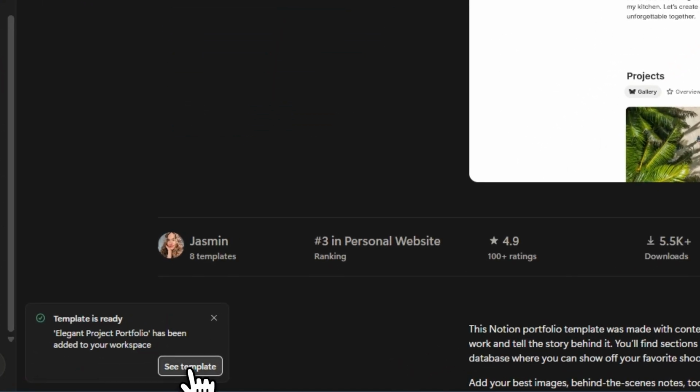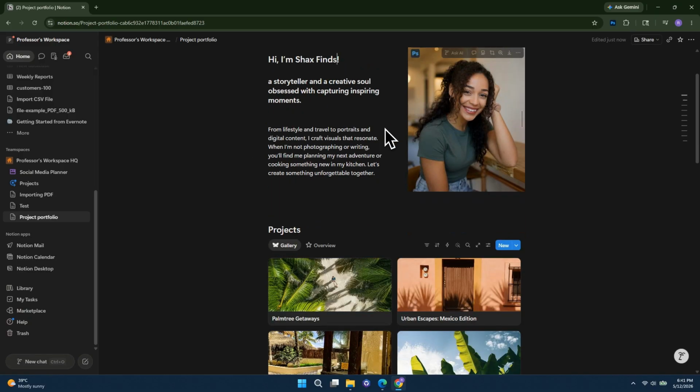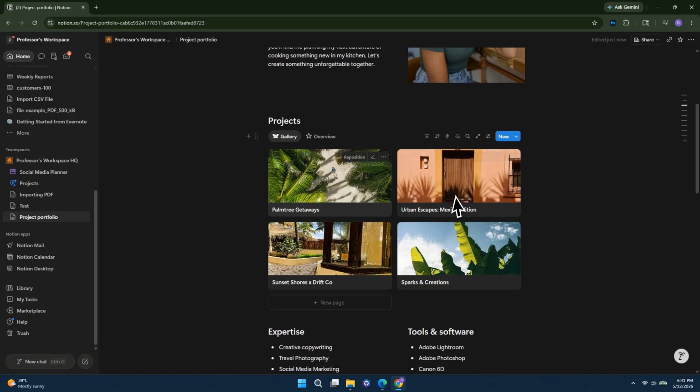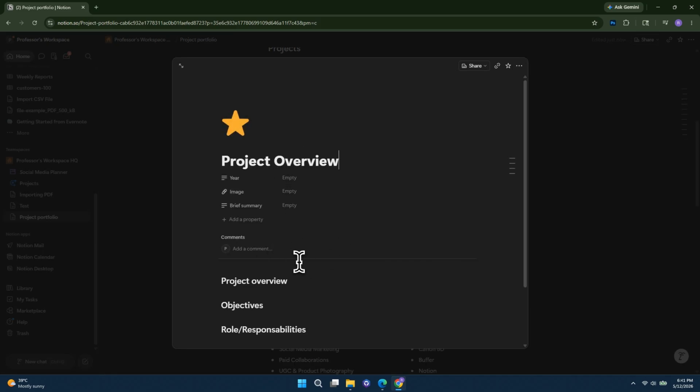After the template loads, begin customizing each section with your own information. In the About Me section, write a short introduction about your background, goals, and experience. In the Projects section, you can add project pages or external links to showcase your work. To create a project page, add a new subpage, give it a project title, and include details such as your